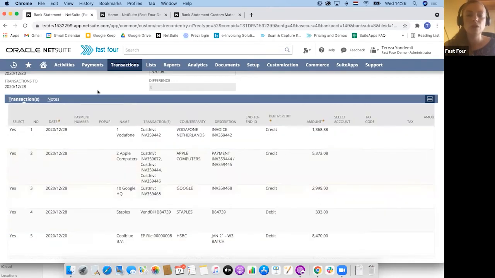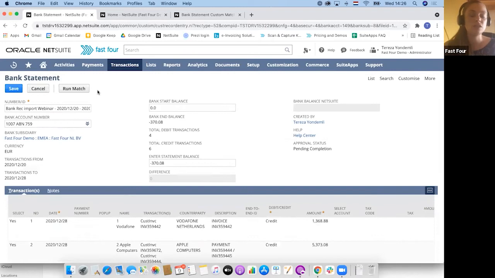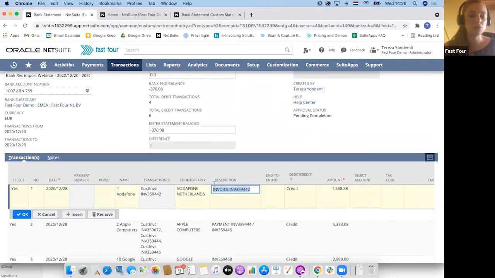So I'm going to now save the statement, because remember, this is just a review. I have now made some choices and I have double checked that everything was matched as expected. But now I need to do the step of saving the statement. And before I do so, I just want to prove my point when I was saying that we work with